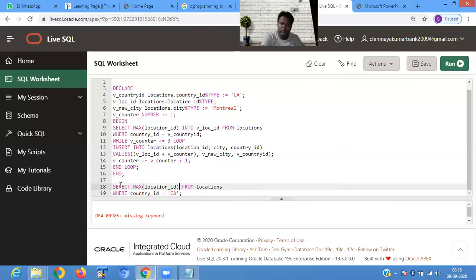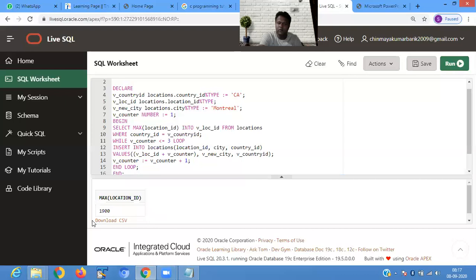Select maximum location_id from locations where country_id equals CA. Your maximum location ID is what? Your 1900.